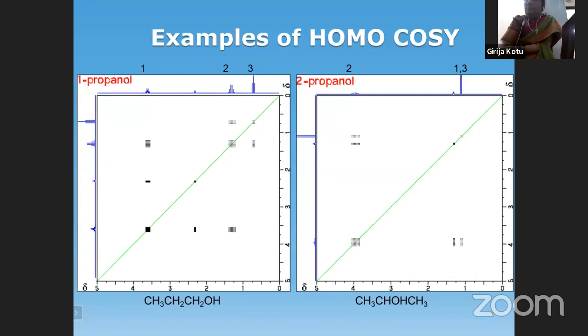Next, second proton, CH2 proton, it has now two connectivities, one to methyl on one side and the other to methylene on the other side. So it is having a cross peak connecting to the third proton also. You can find the cross peak there. You can draw a box. This is about 1-propanol. Just closely observe, you will understand, students.